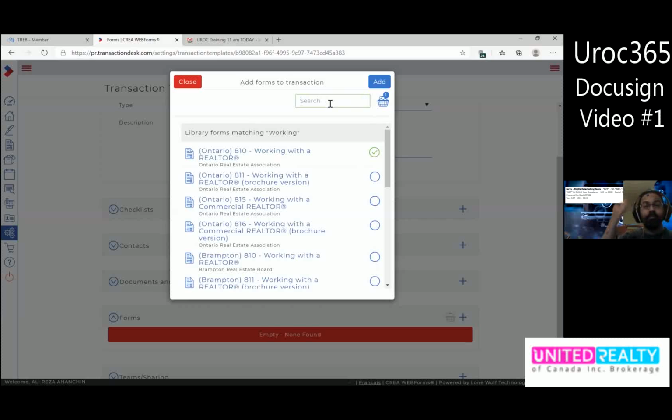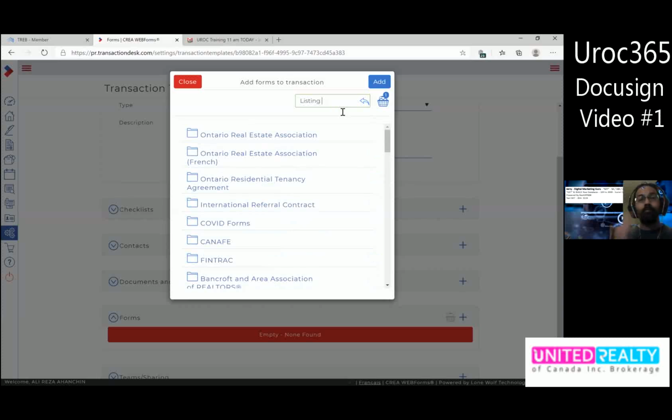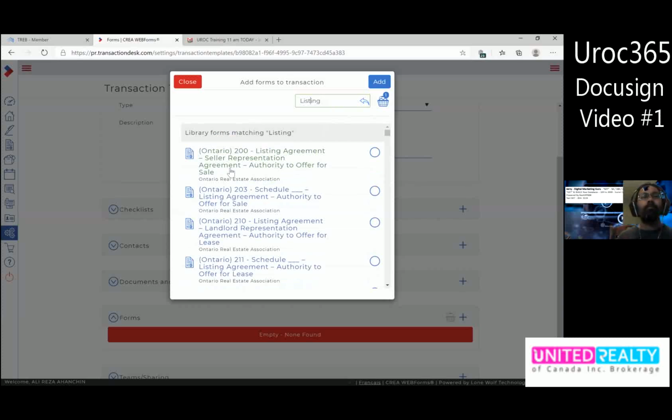It is the listing agreement, authority to offer for sale. Is that right? That becomes form 200. I add this one too. These two forms are in my basket, right? The third form